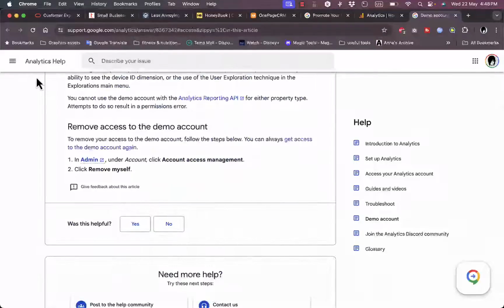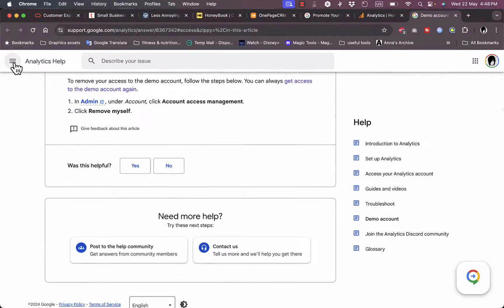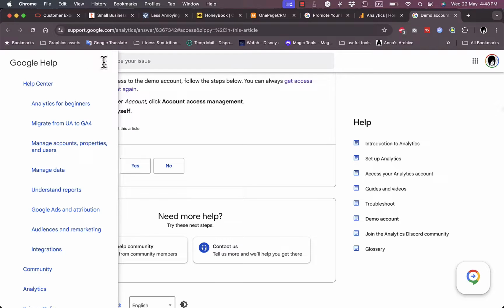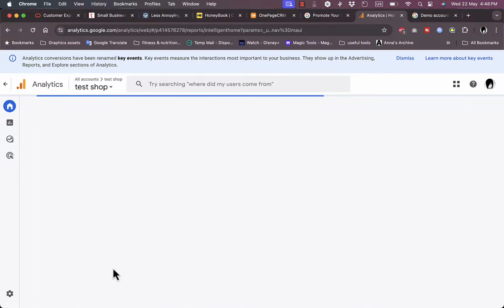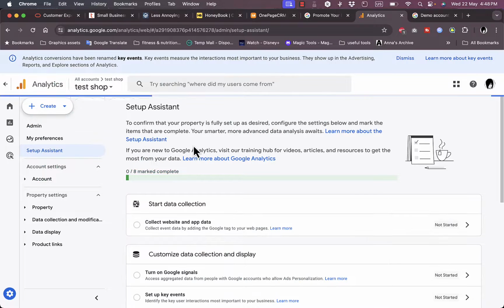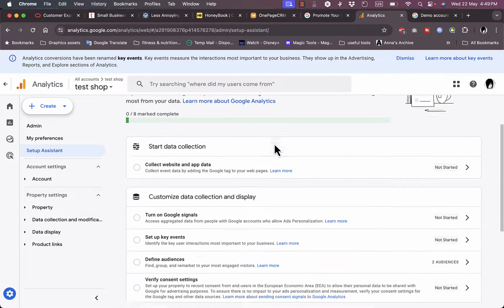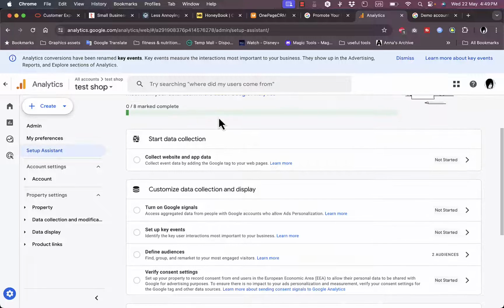And now let's go back again to the Google Help. Let's go back to the analytics home, and I can continue setting up my property. In that case, I only started setting it up. And here in the setup assistant, I have the steps that I need to complete to set up my property or